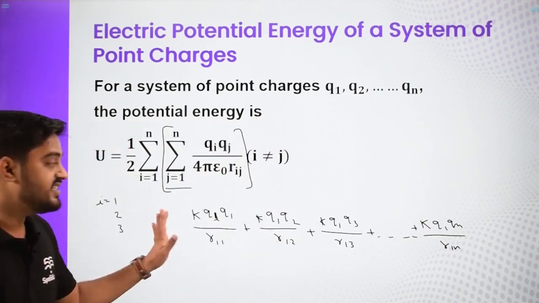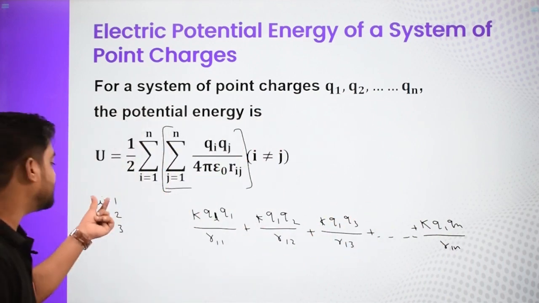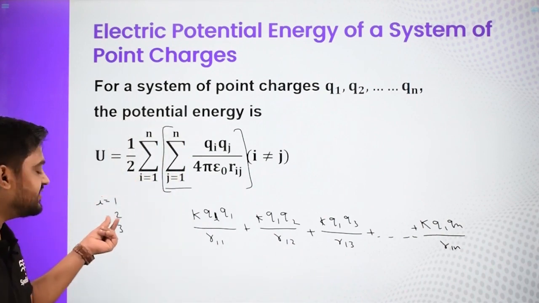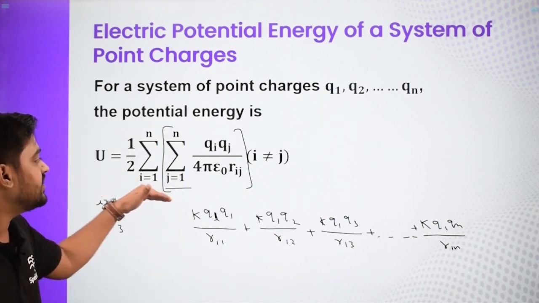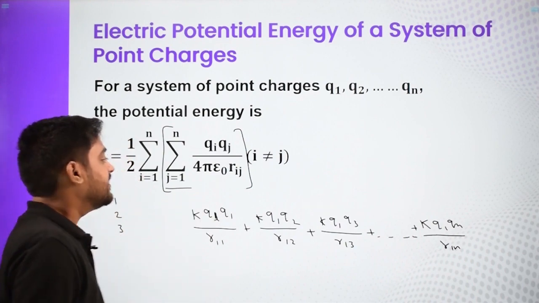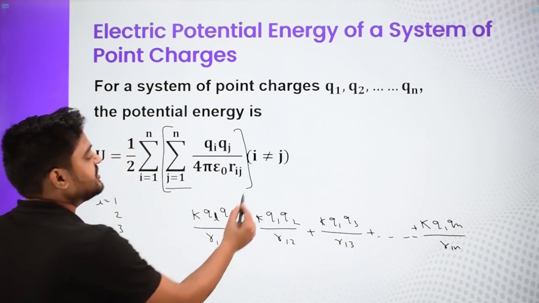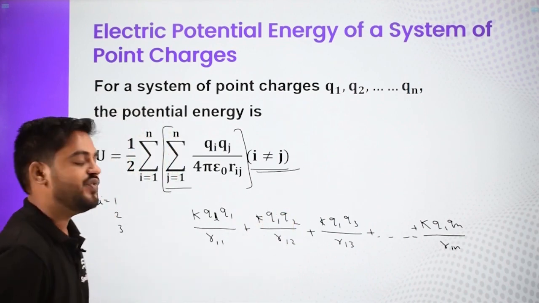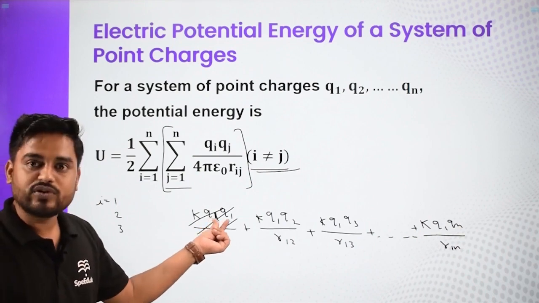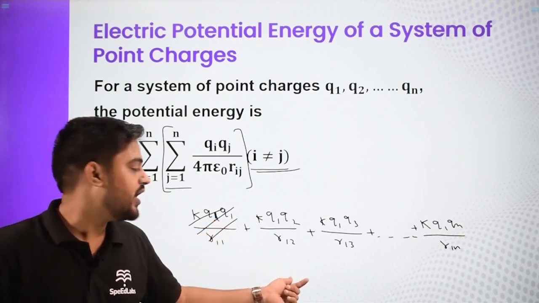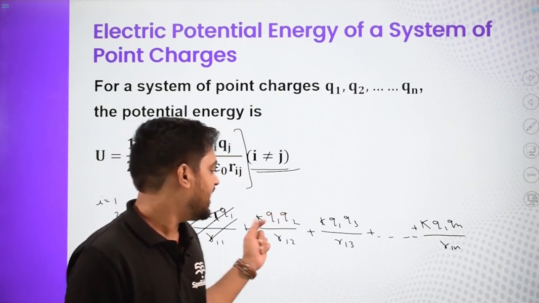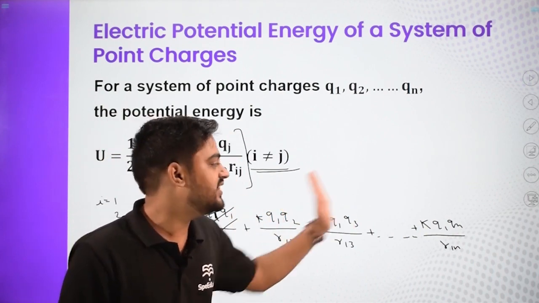So first, for just i equal to 1, you write everything, and then all similar terms for i equal to 2, 3, 4, 5, all the way up to n. So there will be n squared terms, right? Then there is a condition that i is not equal to j. We do not write such terms where i and j are both 1, or both 2, or both 3. So for 1, we are just left with 1 with 2, 1 with 3, and so on with all the others.